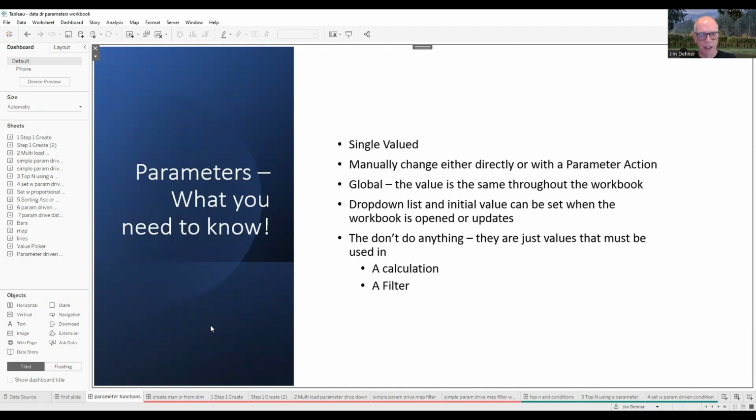A parameter has a single value. And that value is going to remain the same until it's manually changed by the user. And you can do that either directly through a drop-down or through a parameter action. The value cannot be changed dynamically. It cannot be made dependent on another calculation. It has to be changed manually. The parameter value is also global. It's the same value throughout the entire workbook,